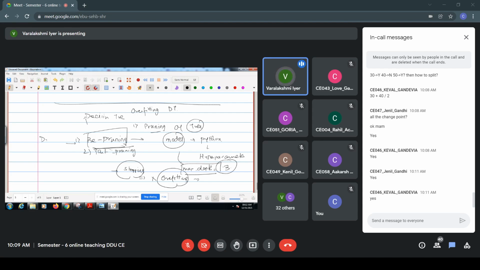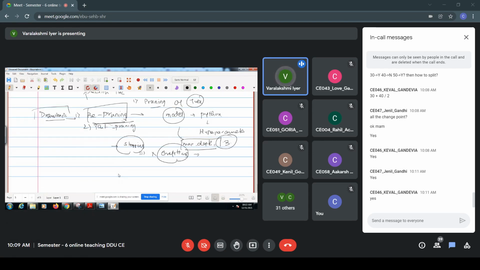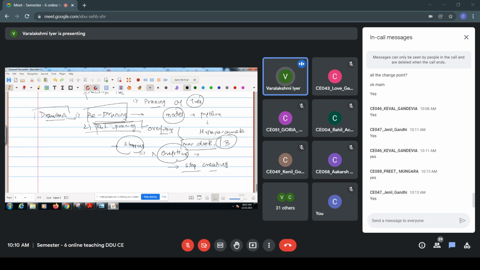But one drawback of this is we may not know what the optimal depth is. We may not know where to stop the creation of the decision tree. We cannot know by prior information where to stop creating the decision tree. So this is one drawback of this particular case. For that, we'll come to the post-pruning method to avoid overfitting. So the first step is clear, what we can do in the case of the pre-pruning method. Is everyone clear with the first one? Yes, okay.